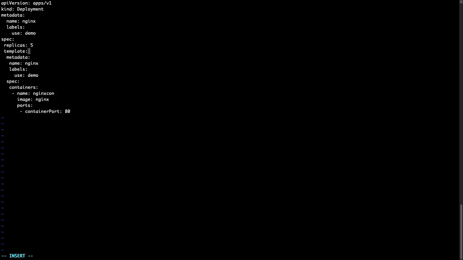In replicas you have said we need 5 pods, but for a deployment it's structured that way. You have to specify which pods you want. So for that we have a keyword of selector. How will it know which pods? So we are going to match the labels. That basically means